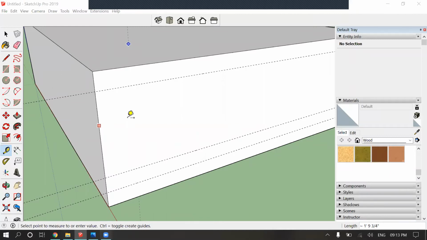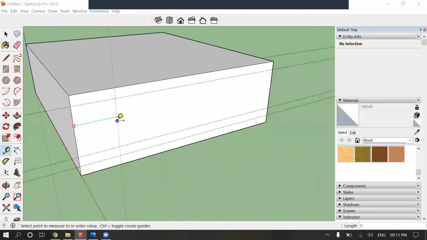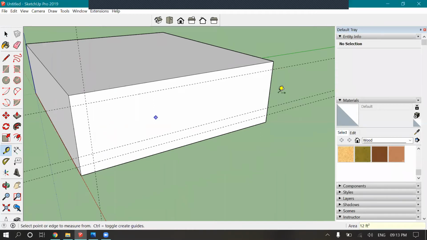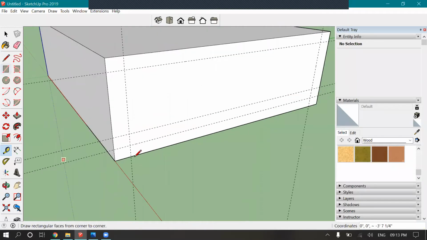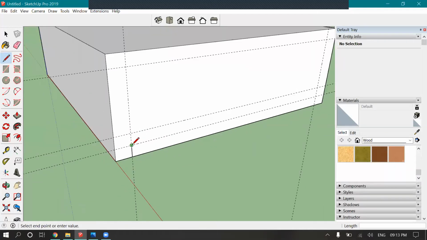So let's take it 4 feet. So this is our ground space.